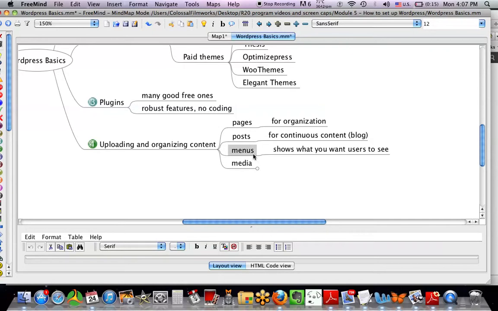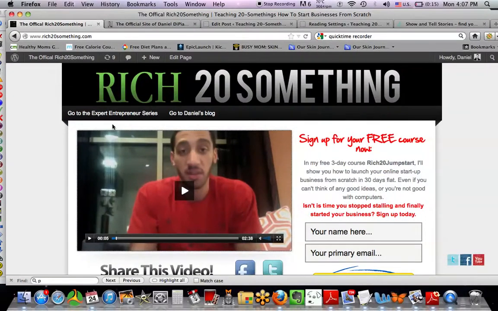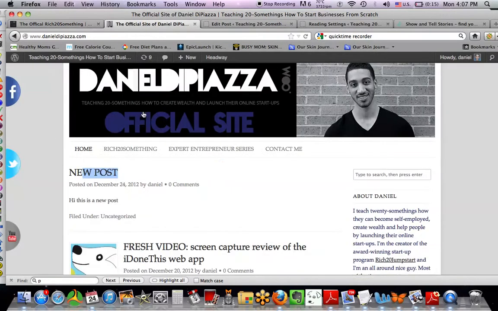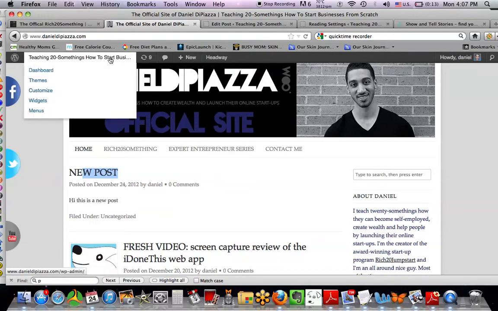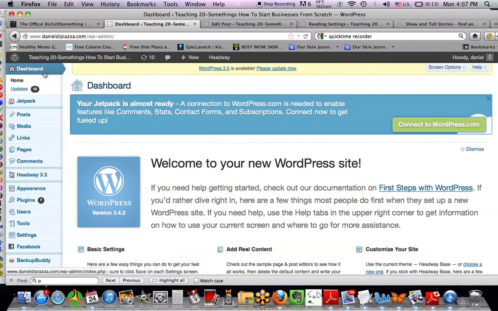So yeah. So then we have menus. So menus are basically at the top right here. This is a navigation bar, but to have this navigation bar, you basically have to change your menu around. Also DanielDiPiazza.com has a navigation bar up here. And so that's not too difficult. I'm not going to go too crazy with it. But basically all you do is you just go to your dashboard, and then you go to appearance again. You go down to menus,